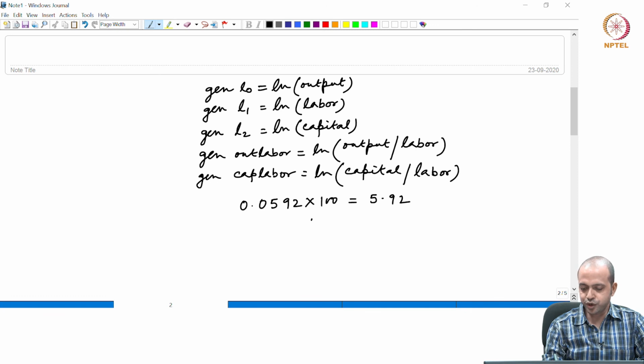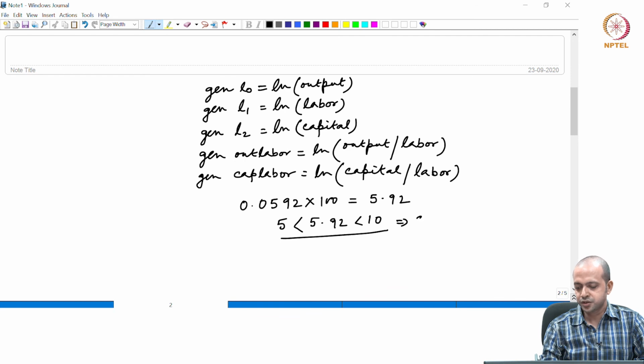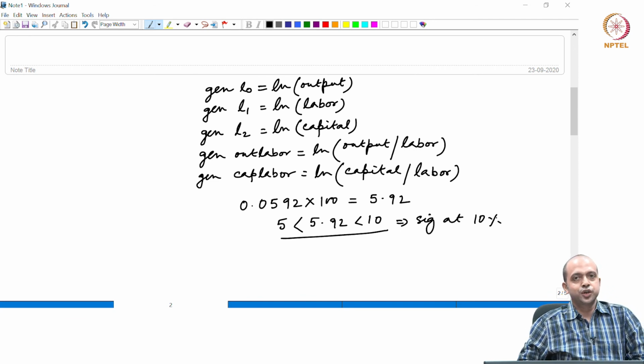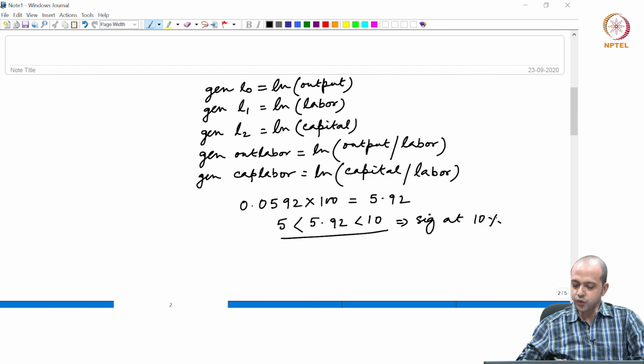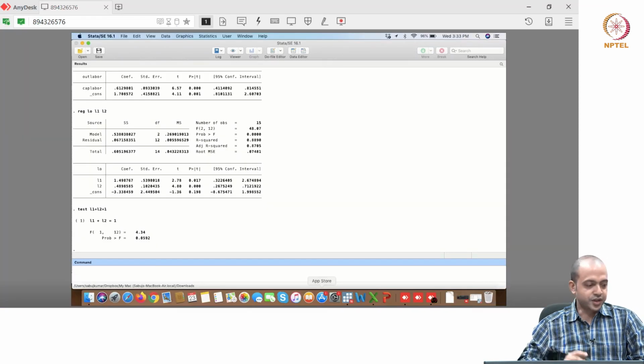Now this 5.92 is less than 10 but greater than 5. So that implies significant at 10% only. So that means you can reject your null only at 10%. Okay, this is how you can conduct the important test of F-stat,